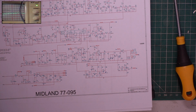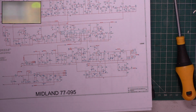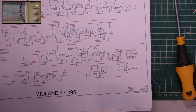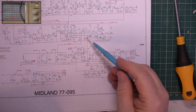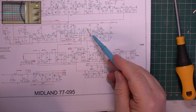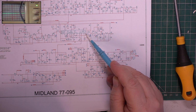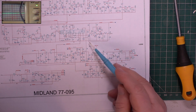Capacitor 12 and capacitor 32 could have some effect on the squelch. So the IF chip is there. We've got that decoupling capacitor there, which goes to one of the pins of the squelch department. And then we've also got